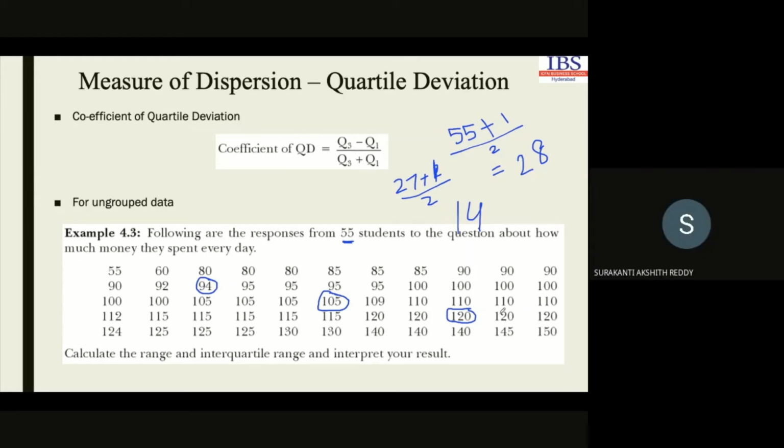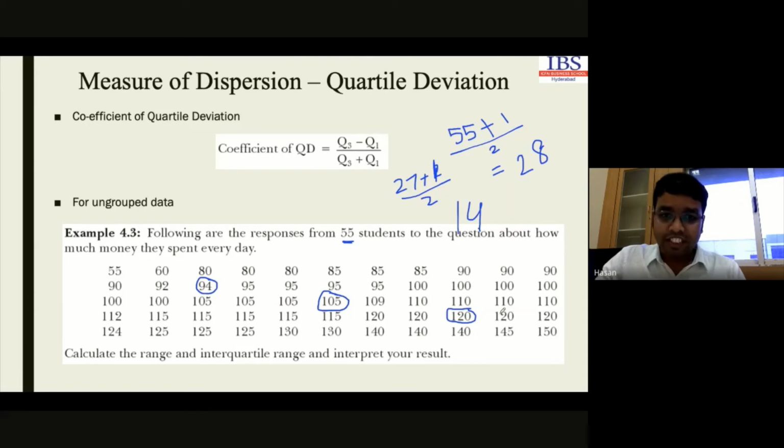Yes, sir. So what I have done here is just identify the median position. From the median position, I divided the data into two parts. On each part, again we identified the median position. So this is the 28th position. We have 55 data points, so the 28th position will be the median value. On either side of the 28th position there are 27 data points, so the 14th will again be the median value for the two different parts. If we do this, then this one will be our first quartile, this one our second quartile, and this one our third quartile value.